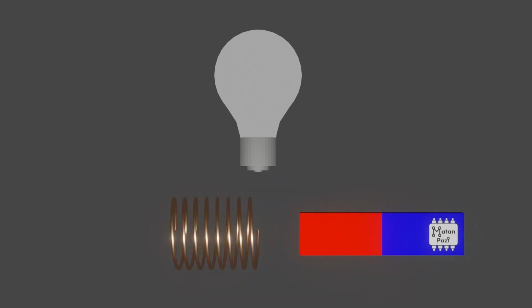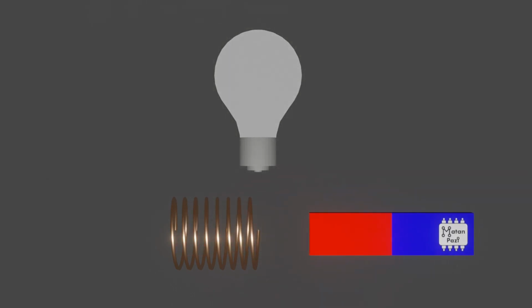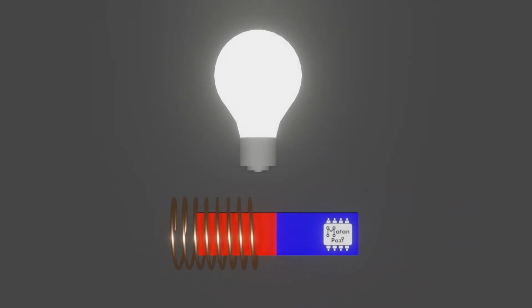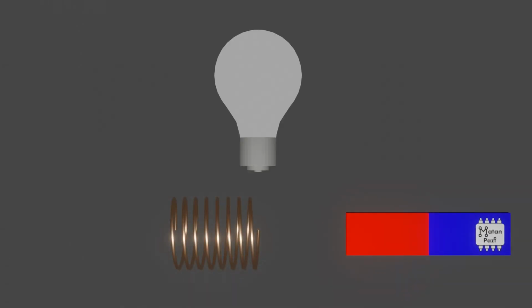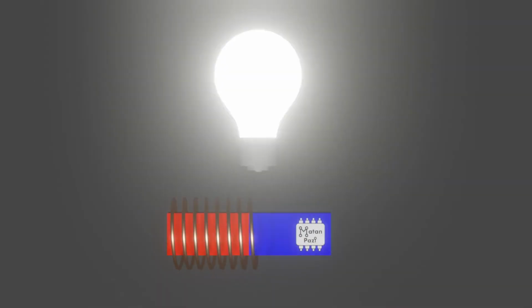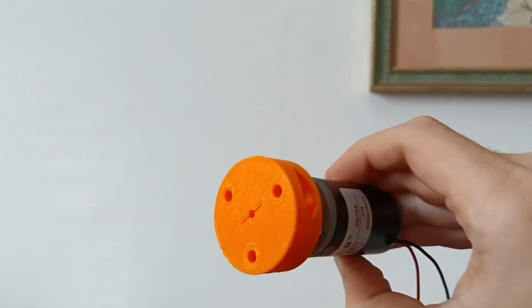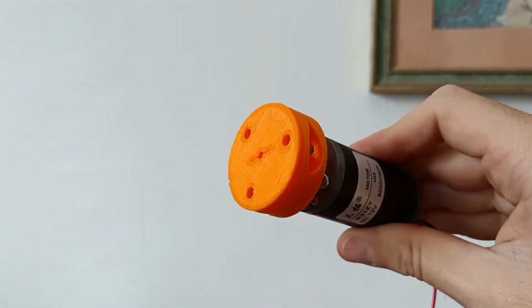You probably know the famous experiment of quickly moving a magnet through a coil of wire connected to a light bulb. The magnet has a magnetic field around it, and the flux passing through the coil of wire changes as we move the magnet in and out. The faster we move the magnet, the greater the change in flux, and according to Faraday's law of induction, the greater the induced voltage. So if I rotated a DC motor like this, a quick acceleration followed by a deceleration,